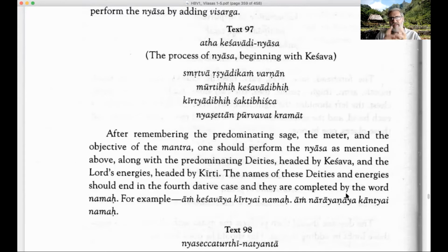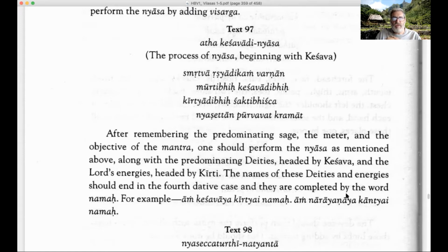So normally when we see in Sanskrit the word Keshavadi, it means beginning with Keshava. So normally beginning with Keshava means Keshava to Damodara. But we'll see here, there may be more than just 12 deities here. But anyhow, we're starting off with different forms of Lord Vishnu, and beginning with the form Keshava.